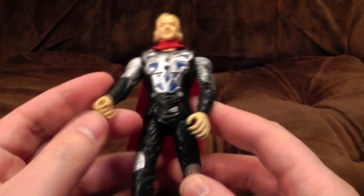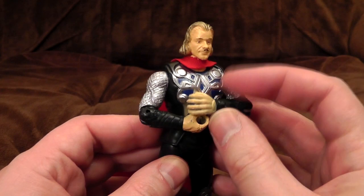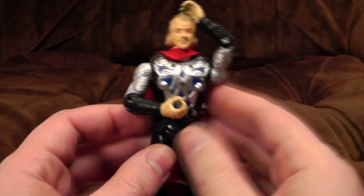I think it's the only accessory they come with, actually. Weirdly, his legs are like solid rubber and feature no articulation at all. And the only thing he can seem to do with his arms is hold his head in agony and...